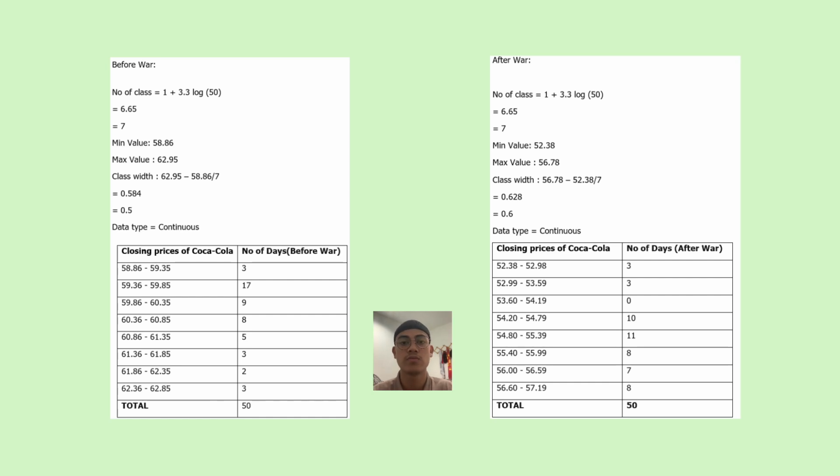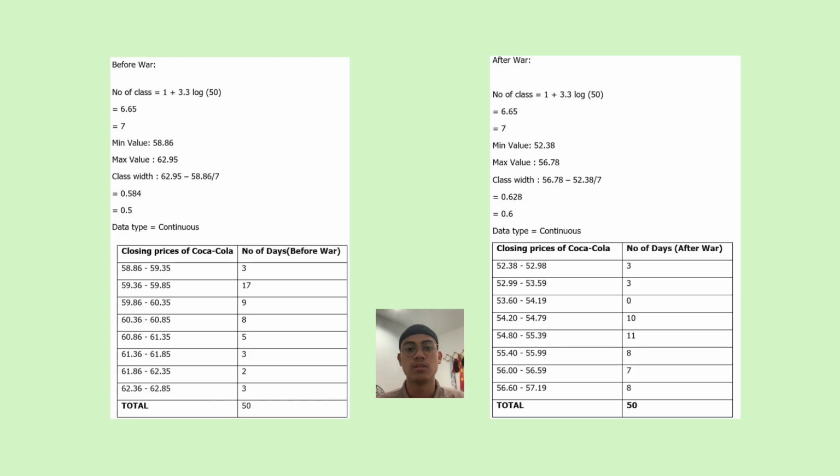Before the war, most stock price fell between 59.36 US dollar and 60.85 US dollar. However, after the war, the price shifted downward, with the majority ranging from 54.2 US dollar to 55.99 US dollar. This shift reflects the decline in stock prices due to the geopolitical situation. I have created group frequency distribution tables to show the range of stock price before and after the war. This table provides a clearer picture of how frequently the stock prices appear within certain range, allowing us to analyze